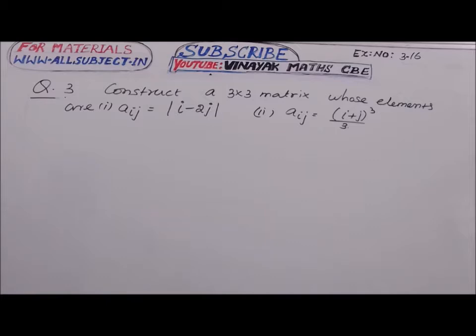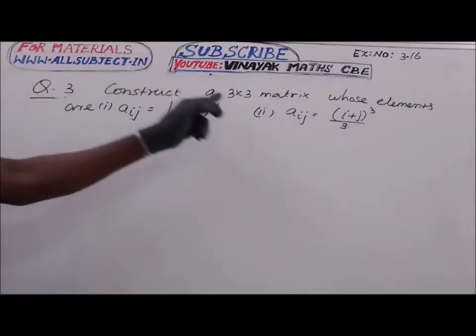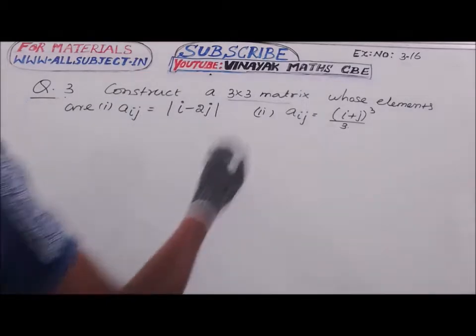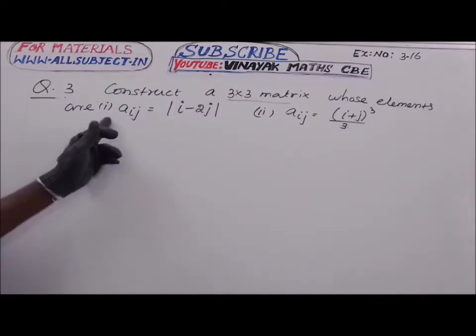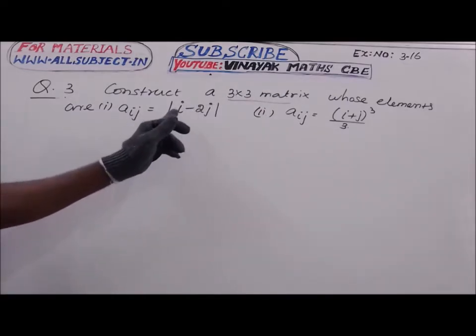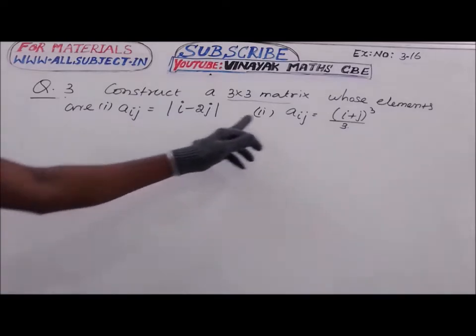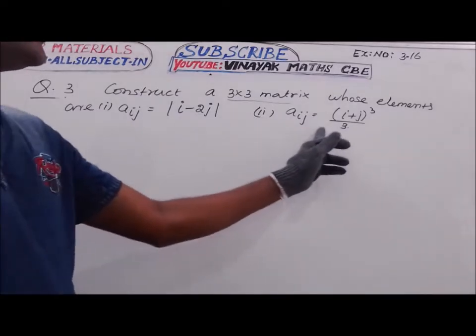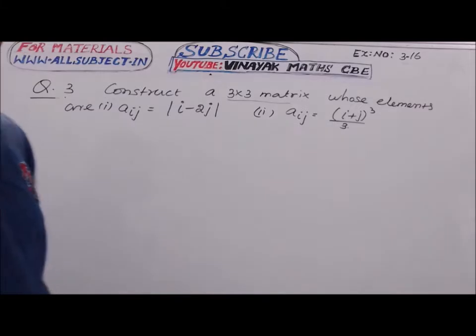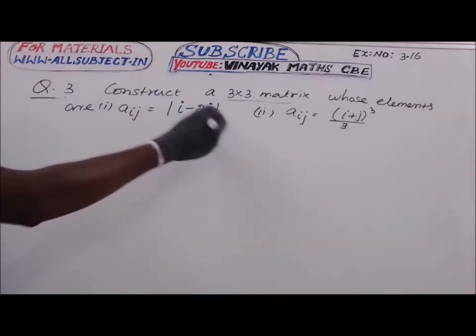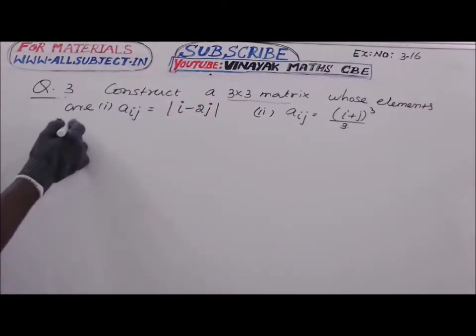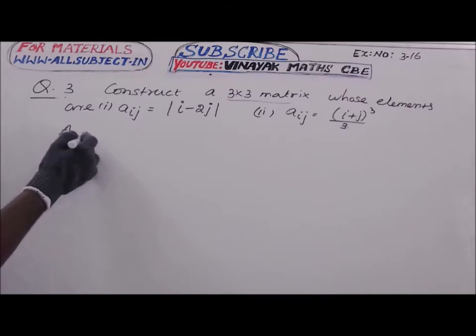Question number 3. Construct a 3 by 3 order matrix whose elements are Aij equal to the absolute value of i minus 2j, or modulus of i minus 2j, or second one, Aij equal to (i plus j) whole cube divided by 3. The general form of a 3 by 3 matrix is A 3 by 3 equal to